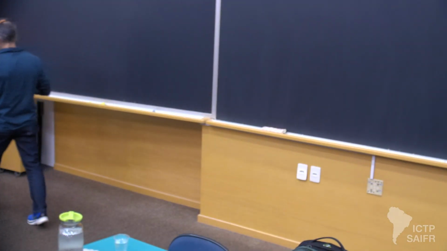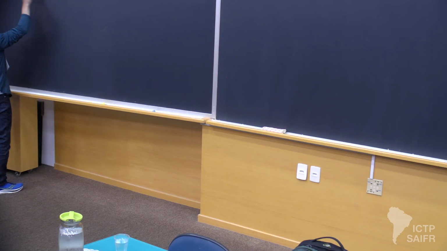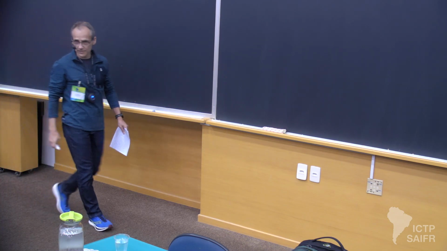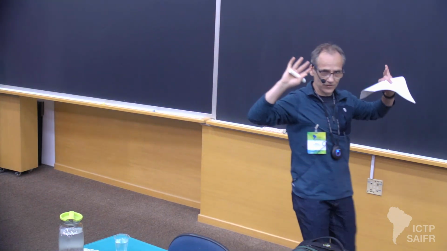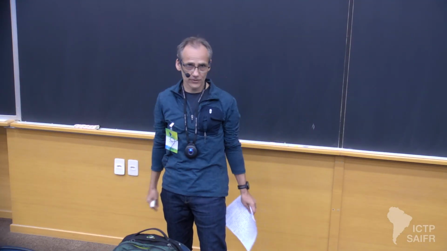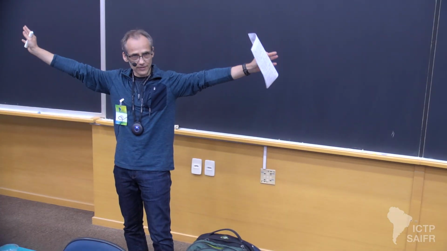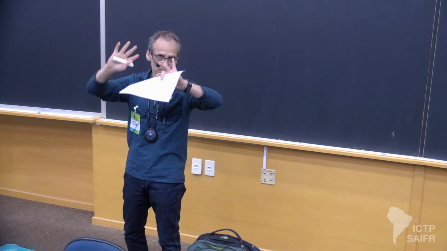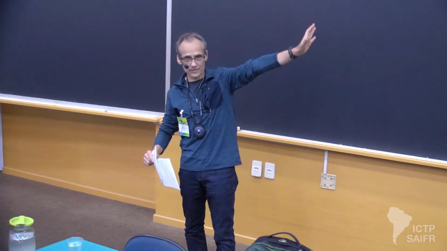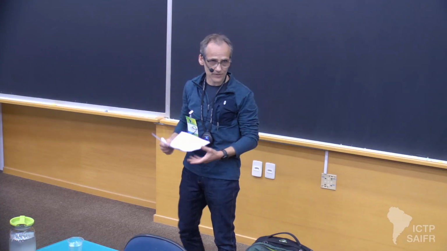So I'm going to start with what I call the smooth universe. And the idea is the universe, if you look at the sky, is not smooth at all. Okay, so the galaxies are clustered, all sources are not randomly distributed on the sky. But if you average over very, very large scales, the universe becomes smooth, in the sense that the number of, say, galaxies on this part of the sky or on that side become the same as you average over very, very large scales.